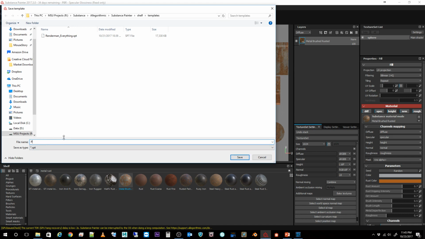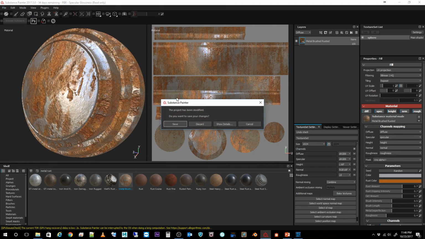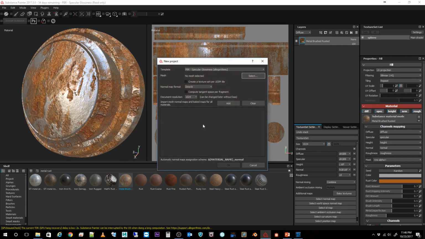PBR underscore PxrSurface. And that kind of identifies that I'm going to be creating a PBR texture set, and that it's for the PxrSurface material. And I'm going to go ahead and save that. Alright, now I'm going to create a new file. I'm going to go ahead and discard this one right here,